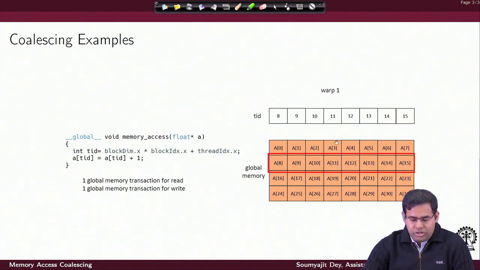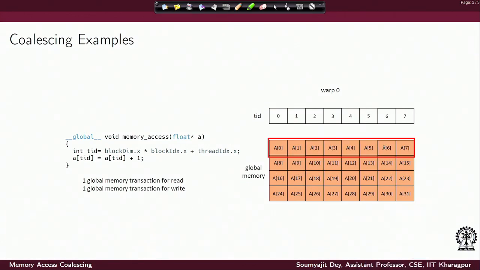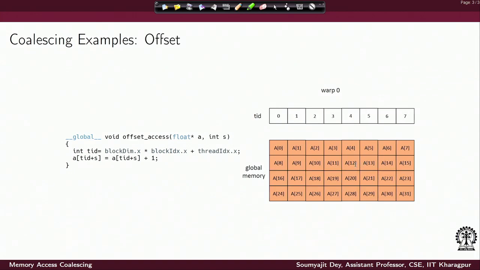So what happens if the program is a bit different? Just continuing with the animation for this program, you have warp 0 executing and bringing everything together with one global memory read followed by updating everything here in one global memory write. Then again bringing together all the data points through one global memory read and again updating everything using one global memory write. Similarly for warp 2, read and write, and that's how things will go on. Now consider a small difference here in the program.